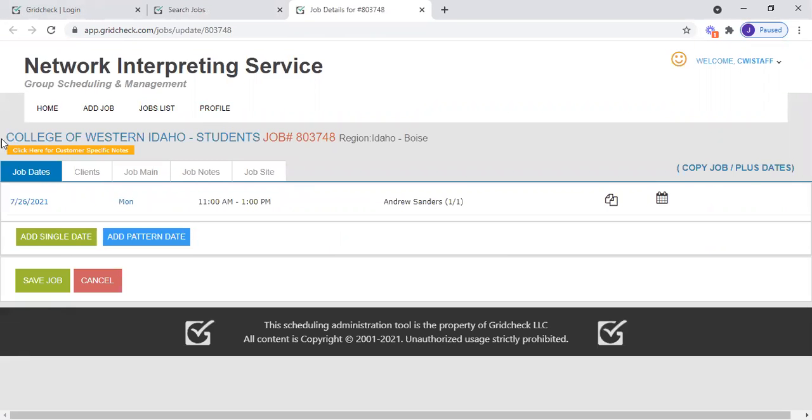And now you've got all of these tabs right here: job dates, clients, job name, job notes, job site, that you are going to go in and make sure everything's filled out. So we've got the date here. I'm going to skip this portion with clients just because there's some confidentiality issues with me going into this tab at this point, but you'll just know that you'll go in there